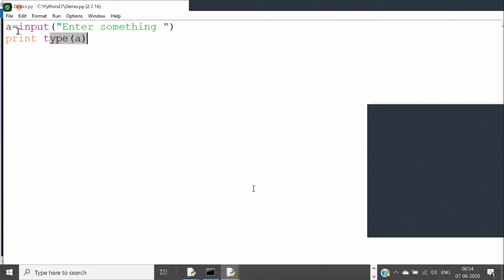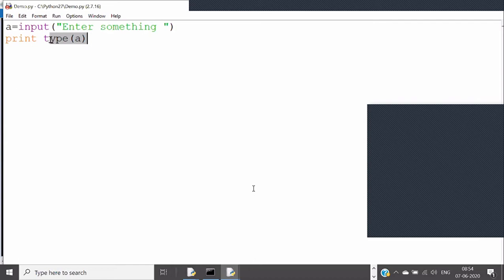But if you write a C program or a Java program, you must declare this A, otherwise you will get an error, A is not declared. So you must say int A, int B, int C, something like that. So that is called declaration. You don't see any data type in Python.